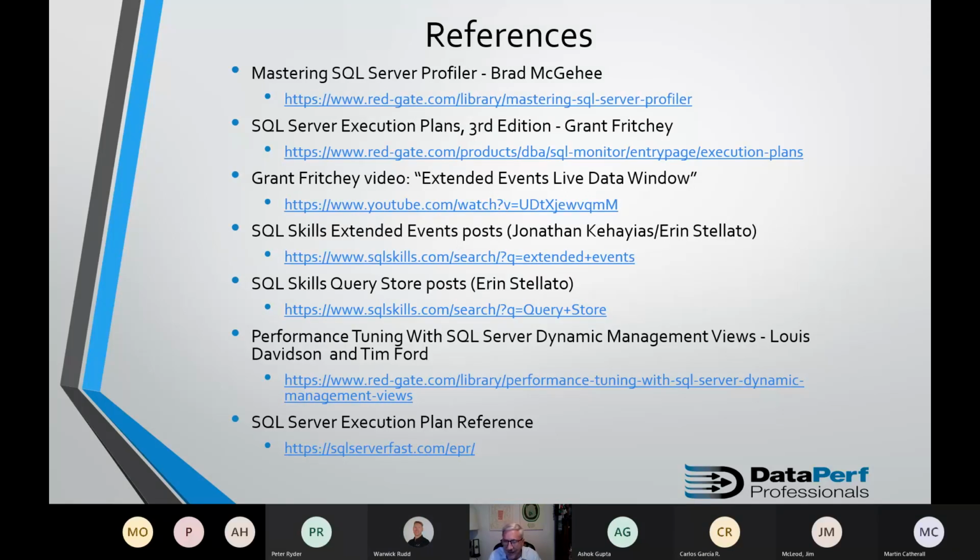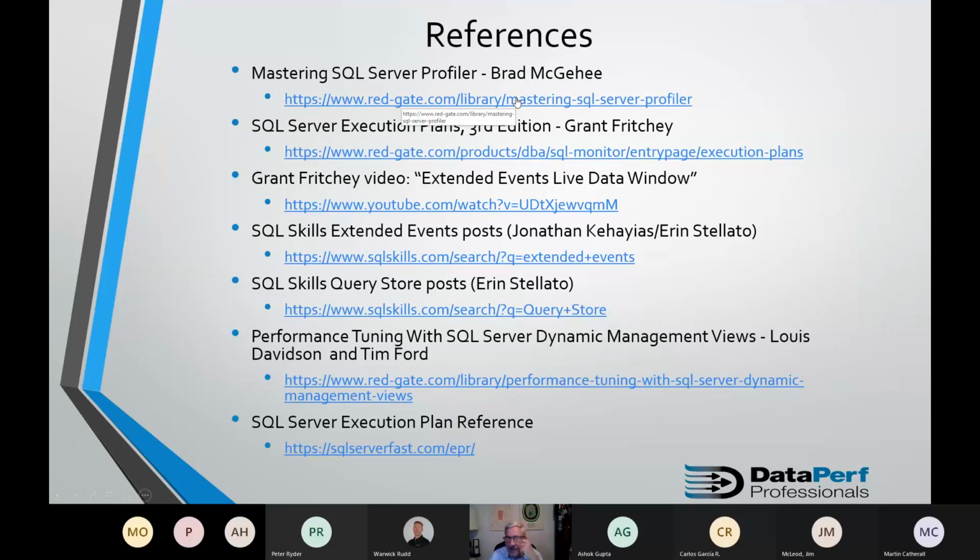We're at the end, and this was really an overview session. I just wanted to give you a set of tools that you can then explore further to help you find and fix those queries. So this top reference up here is a book called Mastering SQL Server Profiler by Brad McGehee.